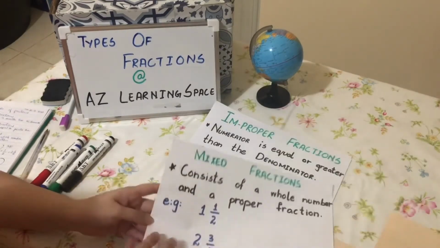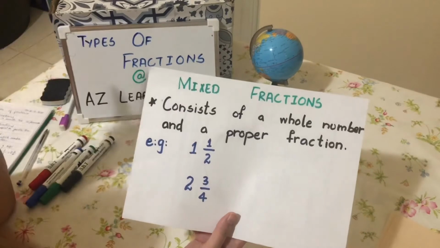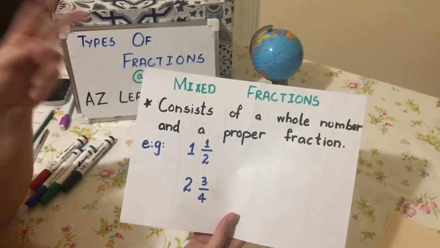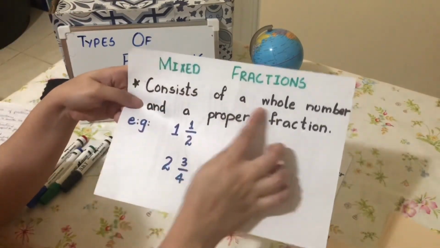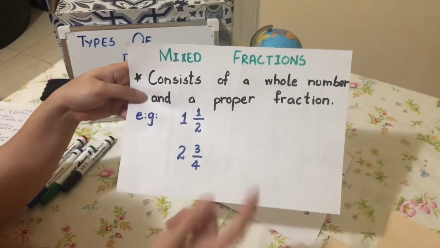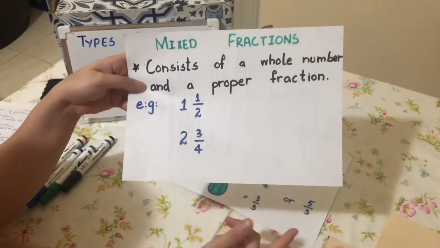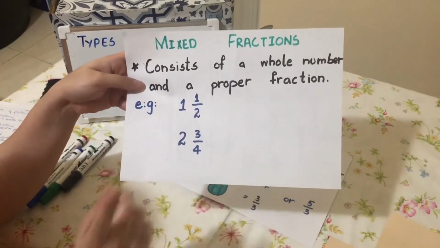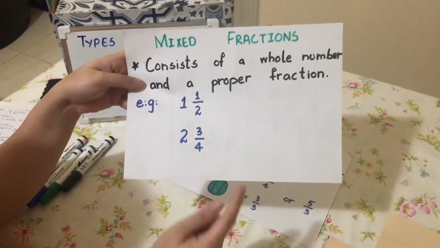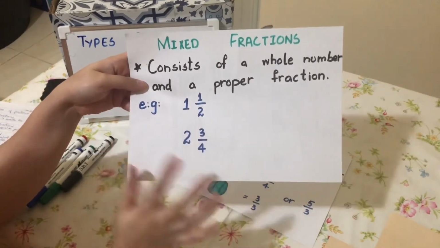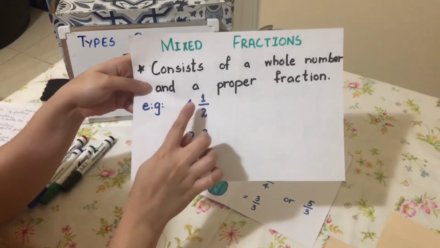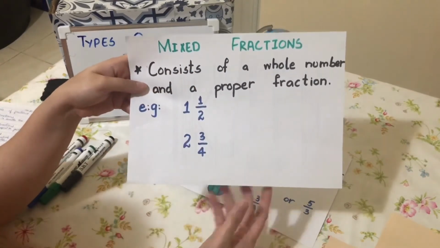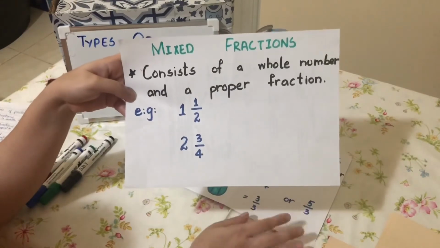Now the last is the mixed fractions. Regarding the word mix, it means a combination of two things. It consists of a whole number and a proper fraction. It is very easy. A whole number means one single number, it could range from 1 to 9. And a proper fraction, recall the definition of the proper fraction, means the numerator is smaller than the denominator. So over here it is 1 whole number, and this is the proper fraction. This way it is called a mixed fraction. Hopefully the basic three types of fractions are clear.